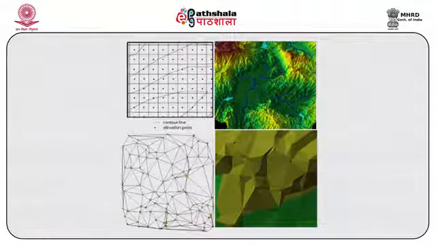The 3D version of this is represented by the fourth figure. You will notice this figure lets you know the direction of the slope, as well as the magnitude of the slope in that direction. So both of these are representing the same thing, that is your elevation data of the terrain, just the difference being one is your vector data, another is your raster data. So on the basis of the requirement, you decide whether you have to use raster data or vector data.